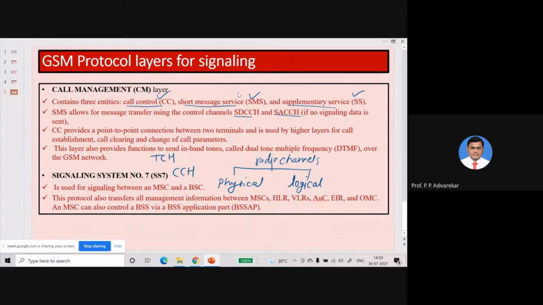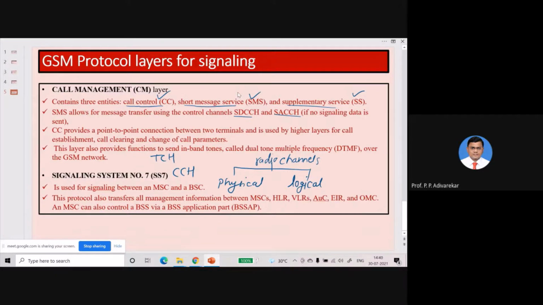Control information is like making a call, sending an alert, or requesting a subscription service. There are several logical channels, but right now it is out of our scope, so we'll not discuss it in detail.